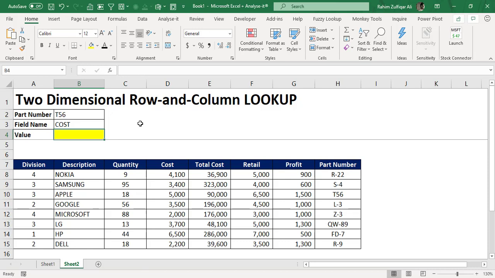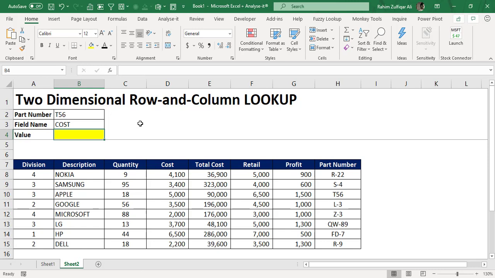If you are familiar with VLOOKUP, you know that VLOOKUP works from left to right, and it does not work from right to left, backwards. So in this case, we are required to use the INDEX and MATCH functions instead of VLOOKUP, and that will be two-dimensional, because we need to fetch the value according to a certain column and also related to the part number of that product.